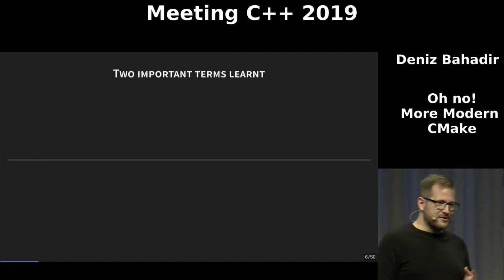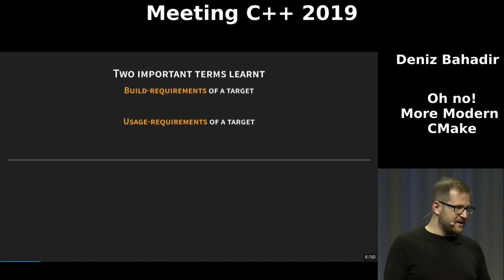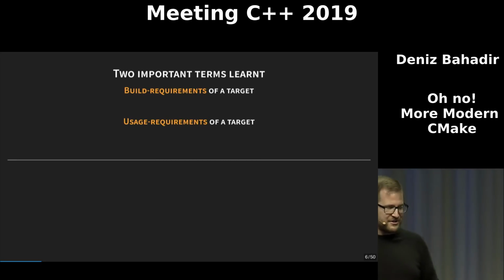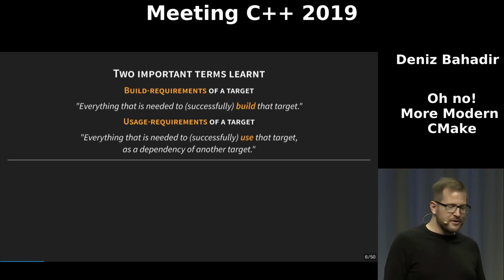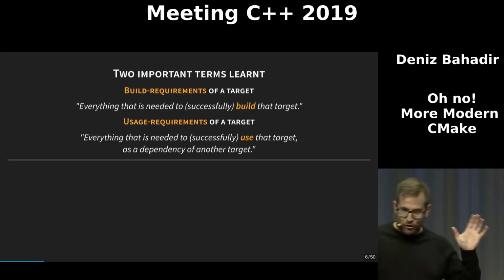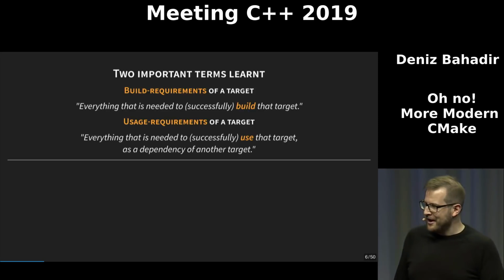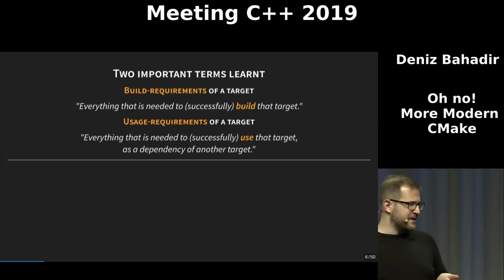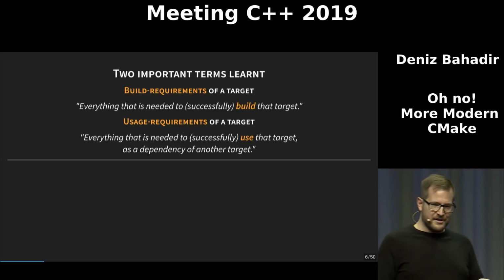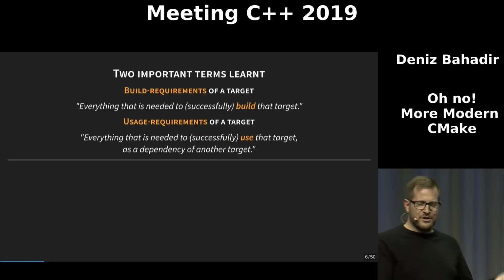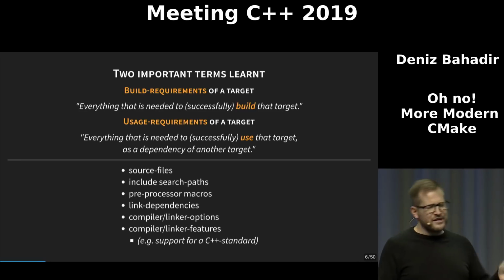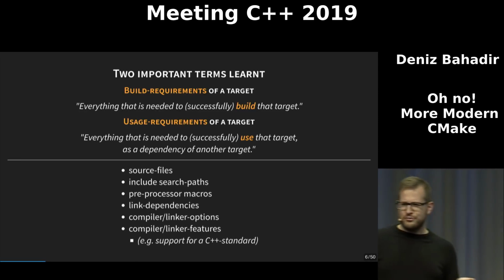In the last talk, we learned 2 very important terms, and these are the ones that I already mentioned. It's called build requirements and usage requirements of a target. And what that is, it's just what the name says. The build requirements is everything that you need to hopefully successfully build the target, while the usage requirement is everything that you need to use that target if you declare a dependency on that target from your other target you're currently building. And these requirements are pretty much the same, starting with source files, which in general are just build requirements, not usage requirements, but